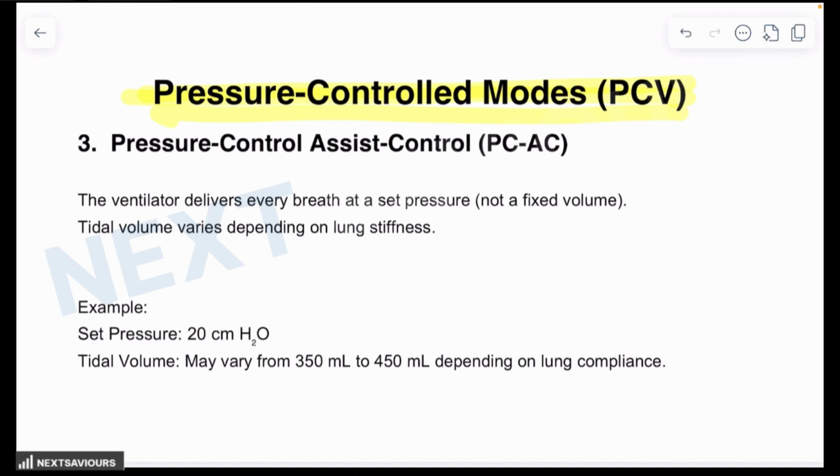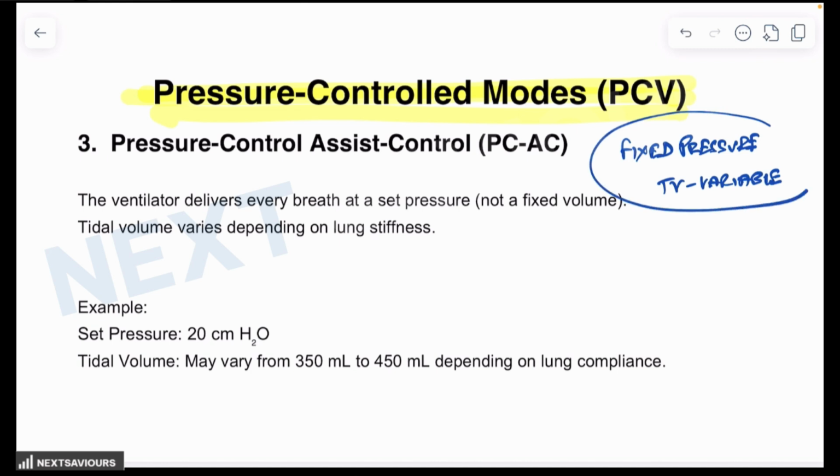Like if there is a decreased compliance of the lung, in case of neonates particularly, where the alveoli are too fragile, in those cases, externally you have to control the pressure so that there is no exceeding of the pressure. So the ventilator over here delivers breaths with a fixed pressure, but the tidal volume varies depending upon the